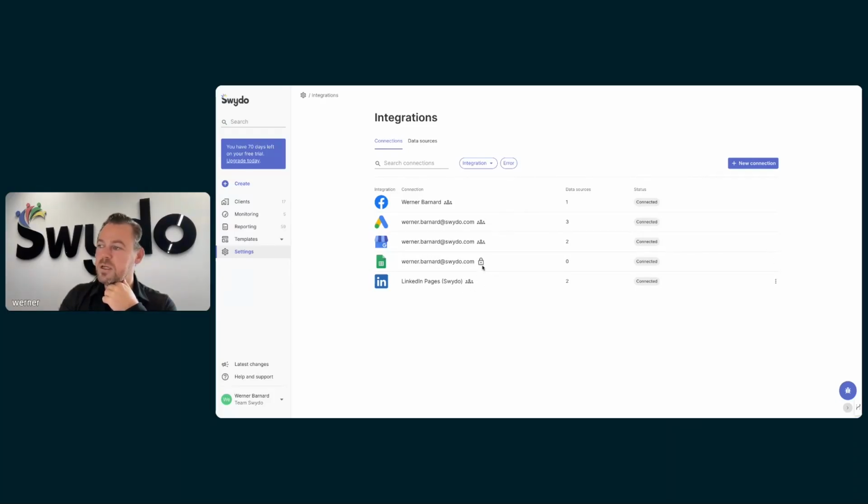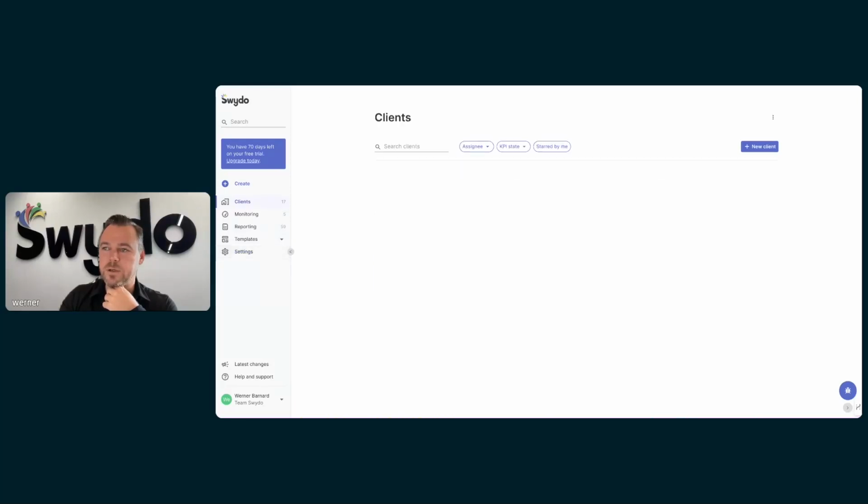Just to recap, what that means is with these shared connections, anybody that is part of my team can come in and use the data that is available on these connections with the underlying data sources. But for the connection that I now have with Google Sheets, I will be the only person that could access the underlying sheets within the connection to Google Sheets. So with that, if we go